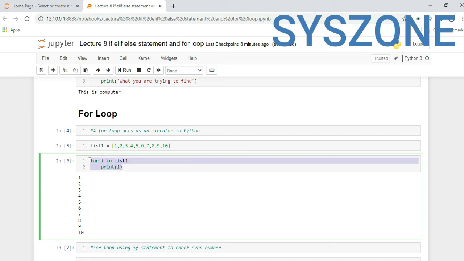So this is the simple syntax of for loop. For, here would be your dummy variable, in operator, here would be your list. In our case it is list1, and we are just using a print function to print the values from the list. So this is a simple example of for loop.